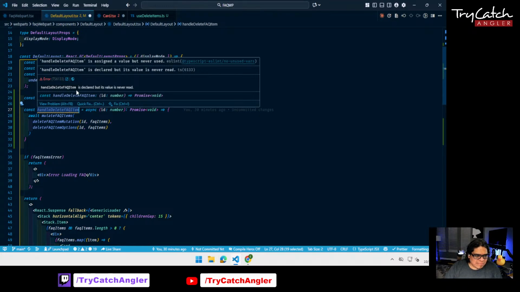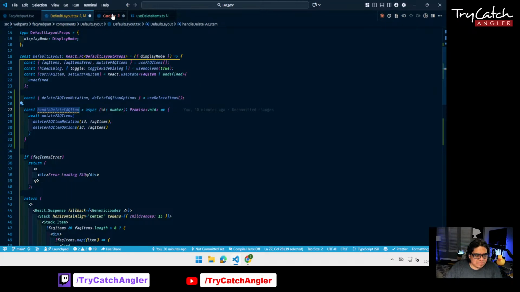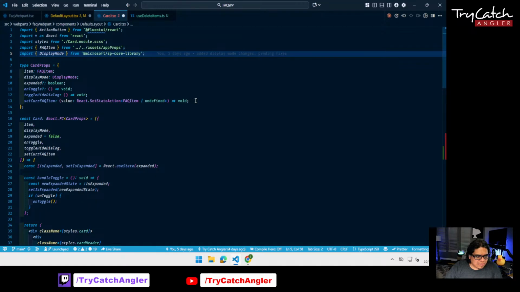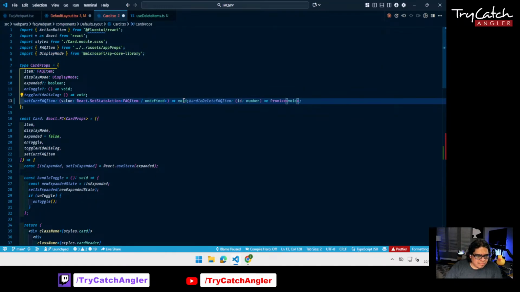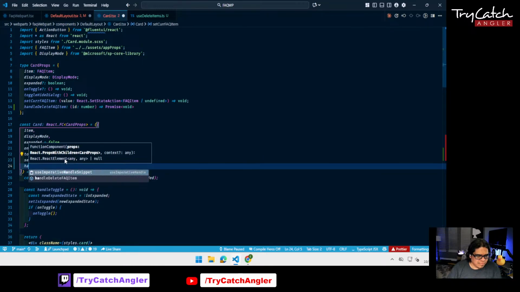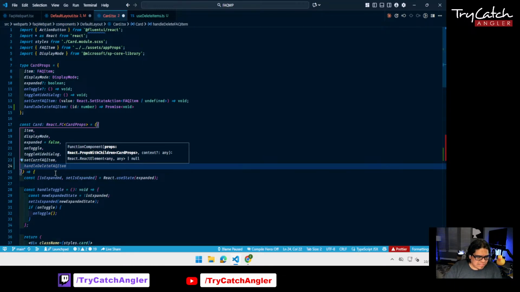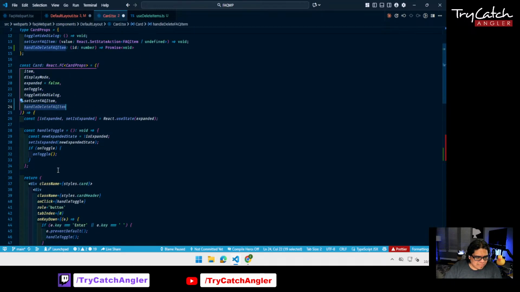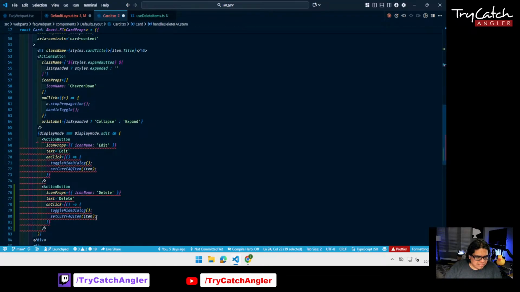You can just copy this. When you hover over it, it's going to tell you the type for the function, and we can add this in our card: handle delete FAQ item, and in our delete button that we had down here,